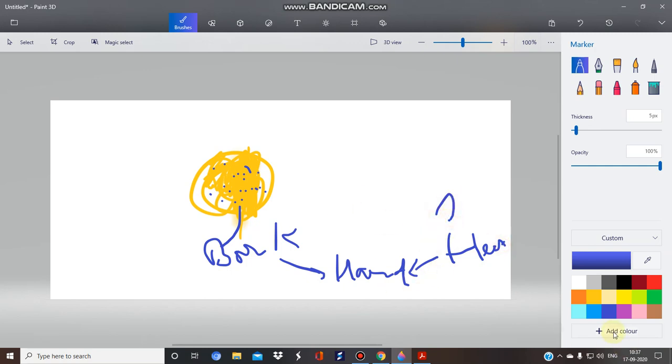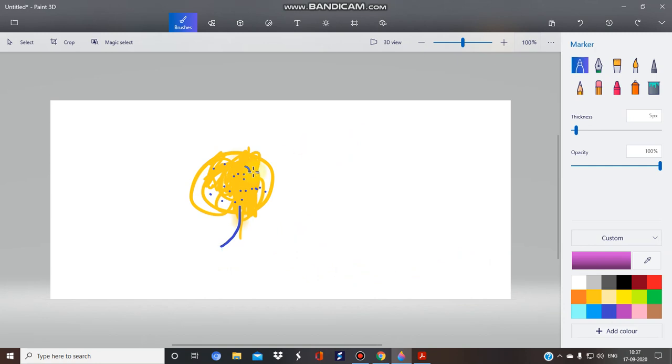Why? Let's see what happens in extraction. For extraction we need mainly two things. First, your plant material, and second, your solvent, which is used for the extraction purpose. Now, the most critical step in the extraction part is the choice of the solvent.